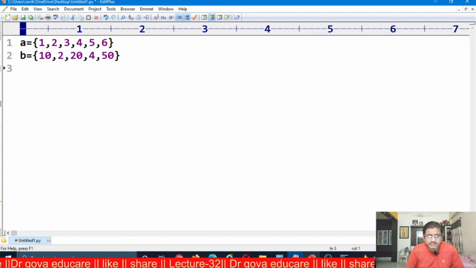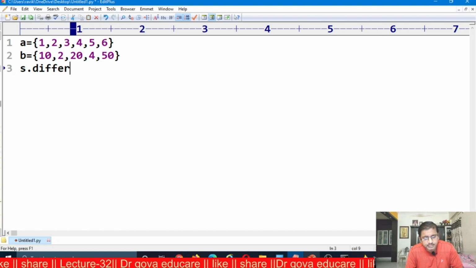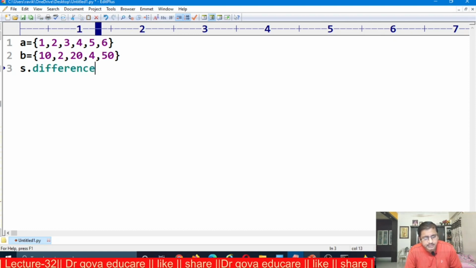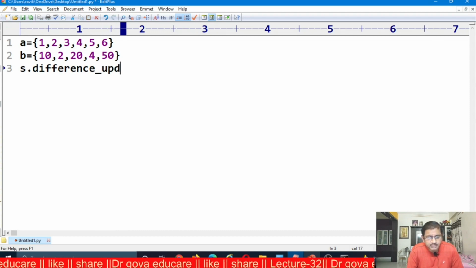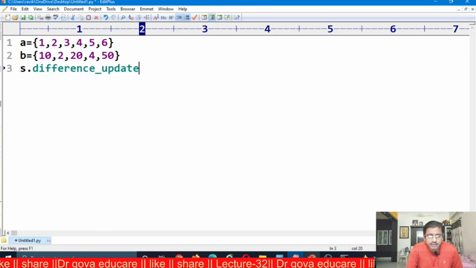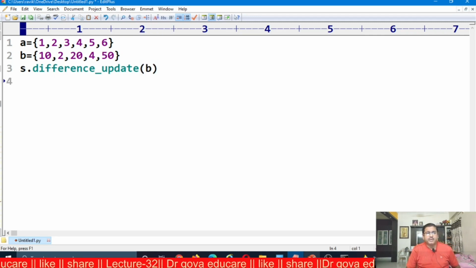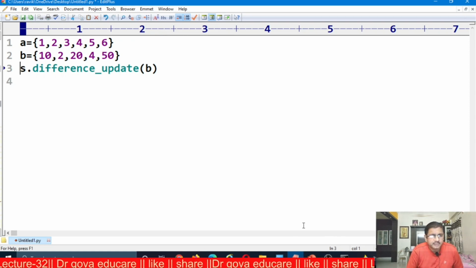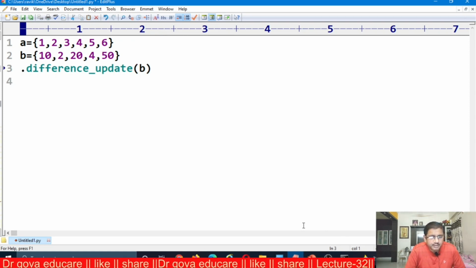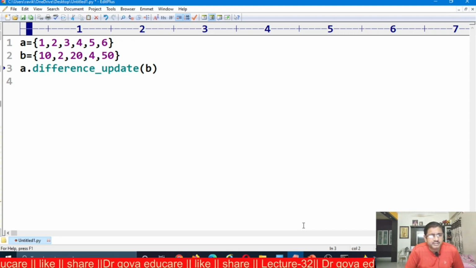A dot difference update of B. That is A minus B. This is for A minus B. Now A contains the elements of A minus B.